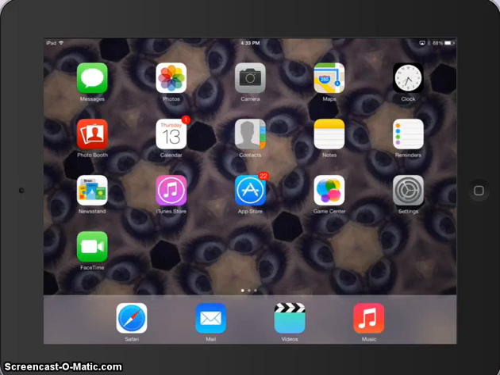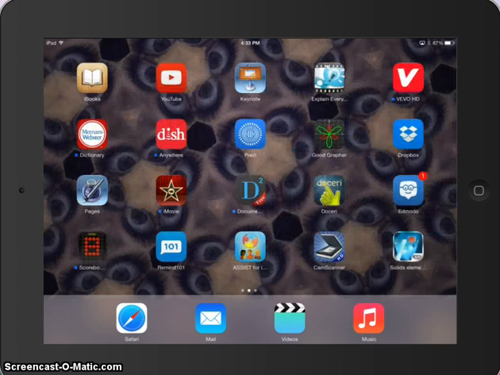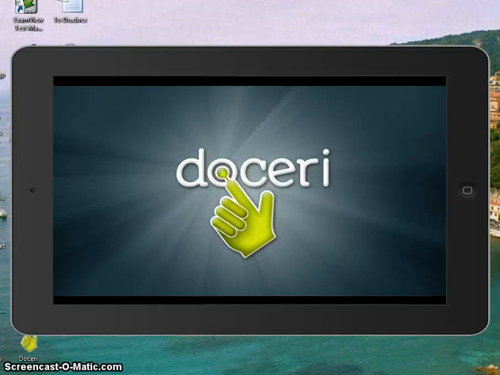Today I will show you how you can record a video using your iPad. Now you can use either one of those two softwares or apps. You can get them from the App Store. One of them is Doceri. This is it. It's Doceri. You can get it from the App Store, or